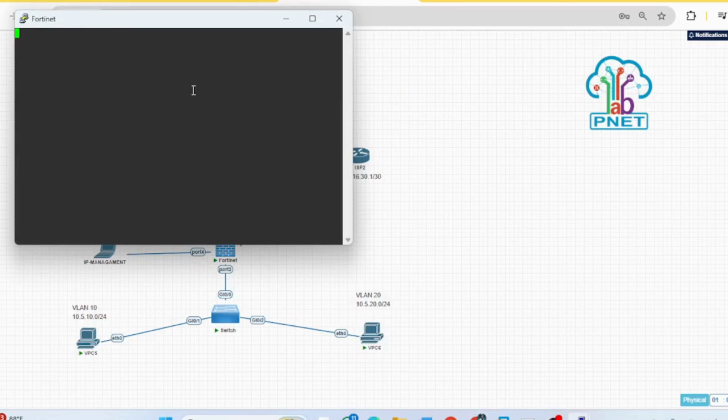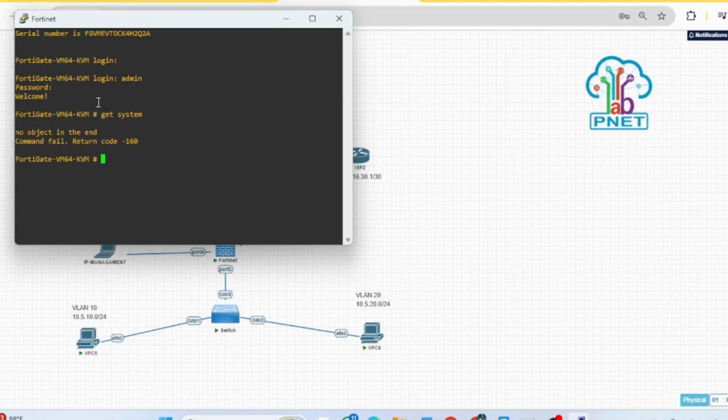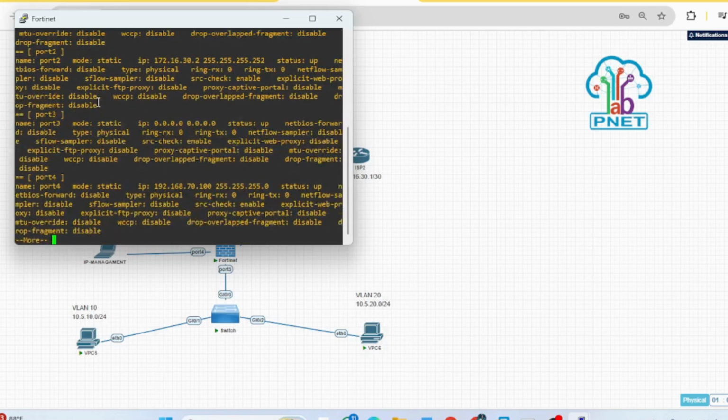As you can see here, we need to log in to the Fortinet. It was normally admin. After that, we can just use get system interface to check the interface. As you can see here, I already put IP on some of the ports, like port 1 and so on.